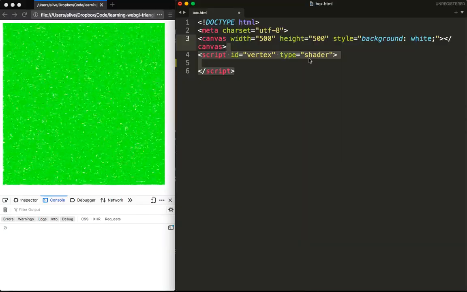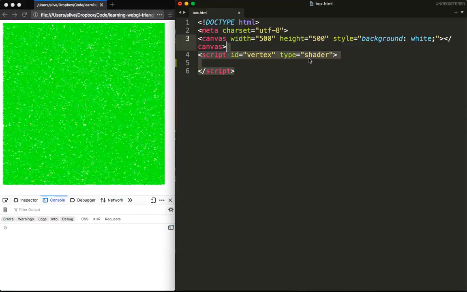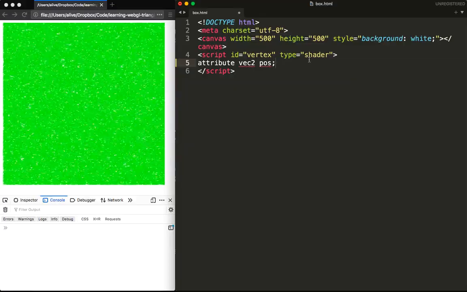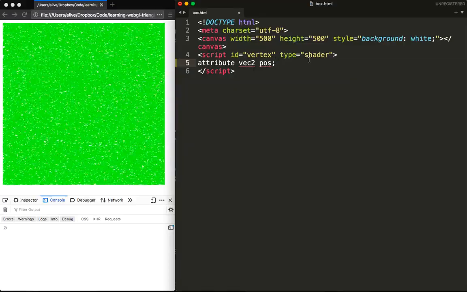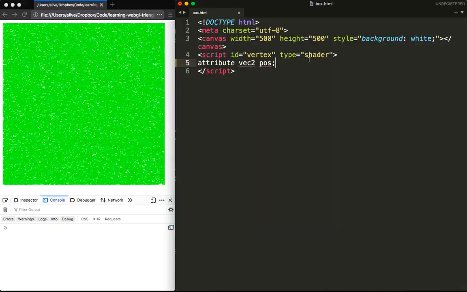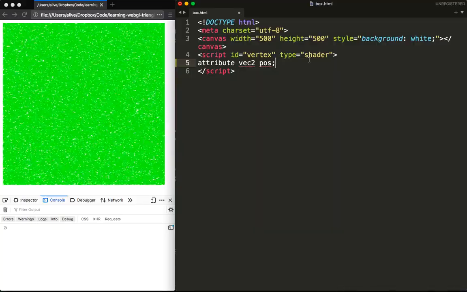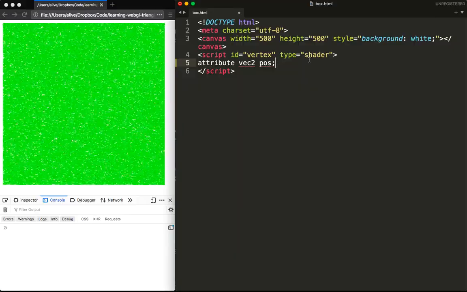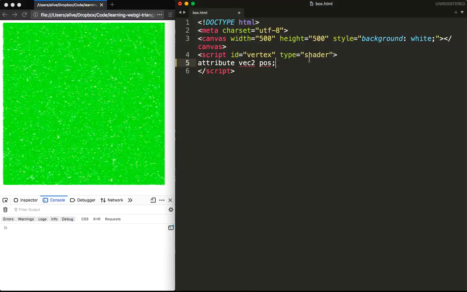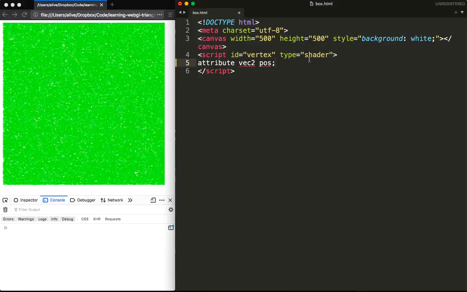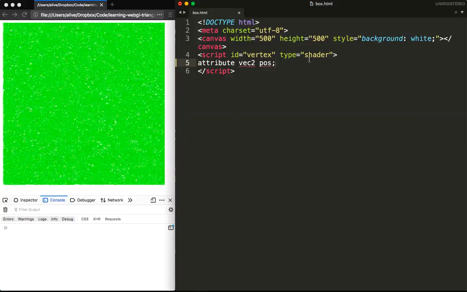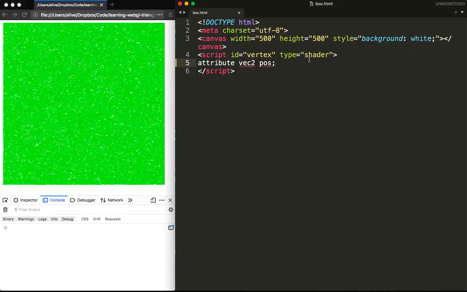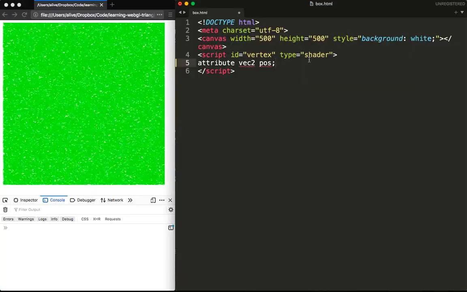First, we're going to write a vertex shader. And this will be very different for anybody who's coming from JavaScript land. A vertex shader is run for every single point in a triangle, for every single polygon, every single vertex on that polygon, for every single polygon in the entire 3D world. And it is really the core of why you're doing graphics programming, because this code is run on the GPU